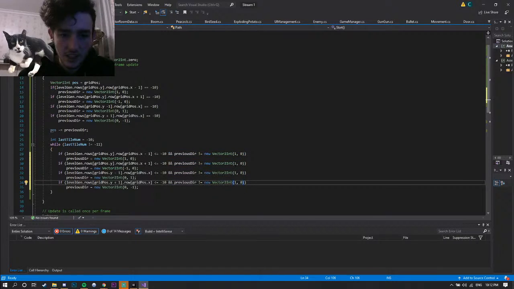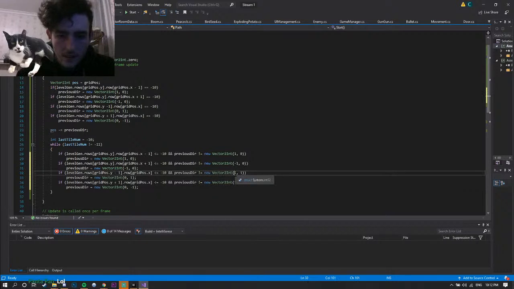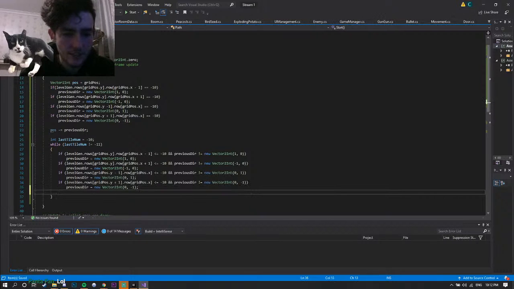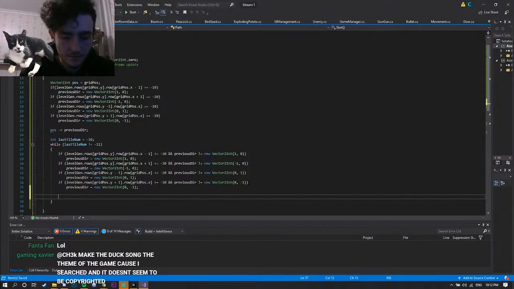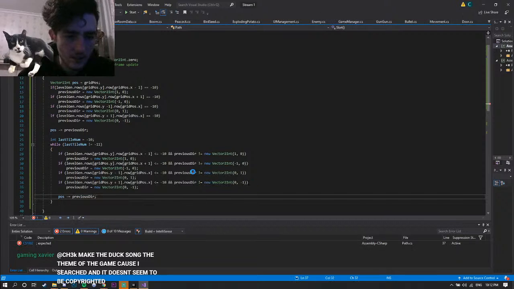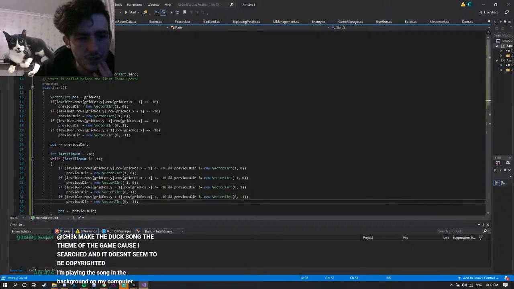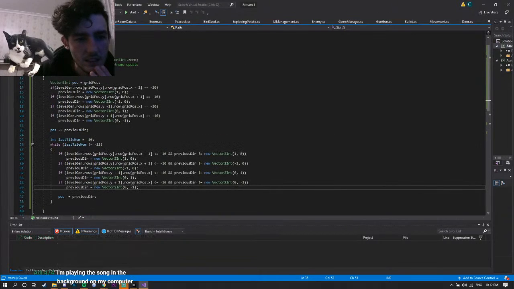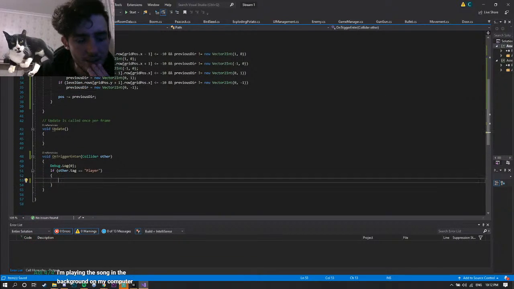We just need to change this so that it's that and that. And then we'll have, yeah, just position minus equal previous direction. And I think that should pretty much work. And then we'll have a collider enter, so we would have